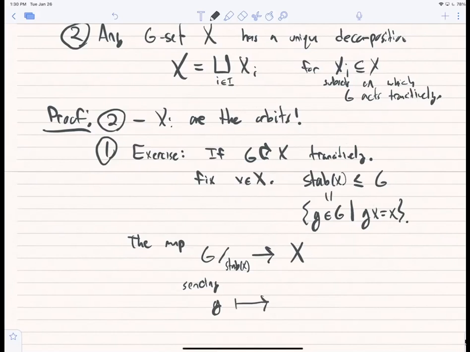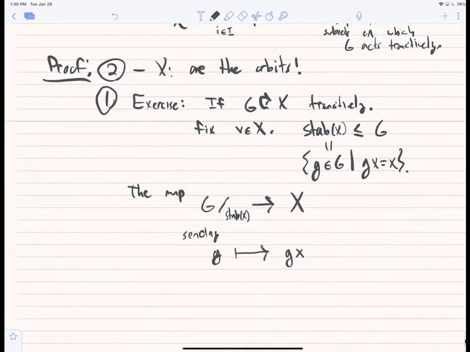And really by some element, I mean, if you have an orbit, just pick some element in that orbit. So you send g to g times little x. So this is well-defined. Well-defined means this didn't depend on which element of the orbit I took, so which element of the coset I took,